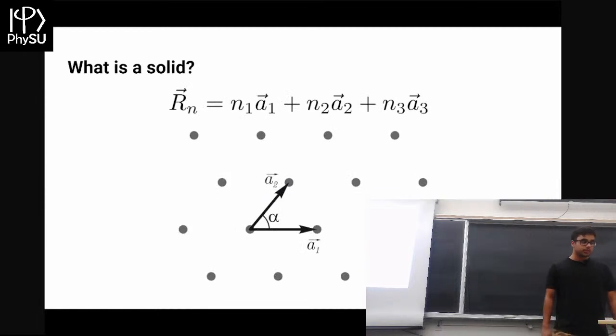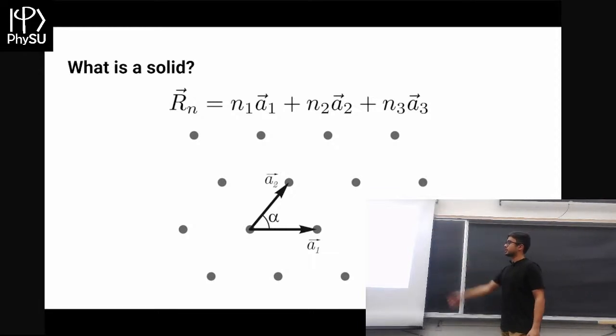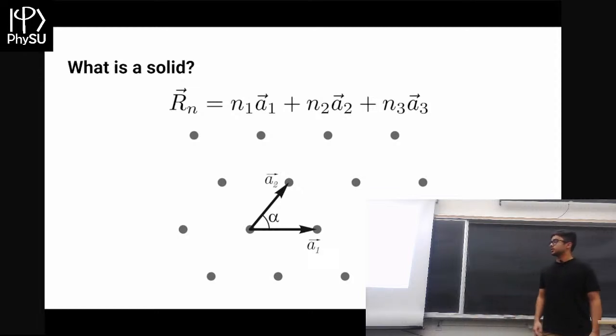First of all, I just want to answer the question of what a solid is. We can physically tell, but on a microscopic level, this is what one would look like. It's just a periodic array of atoms. You can describe them, say, in 2 dimensions with just 2 vectors, and basically you add up each of these. You can take linear combinations of these 2 vectors. Those numbers in front, n1, n2, those are integers. And that's how you define a solid in real life.